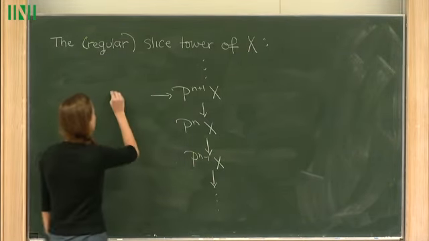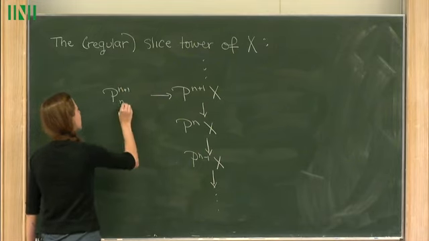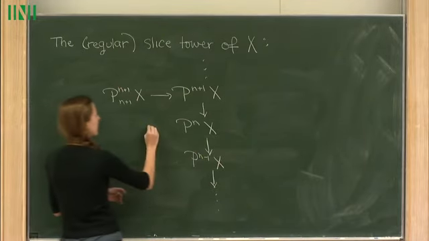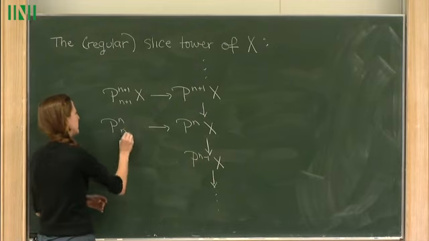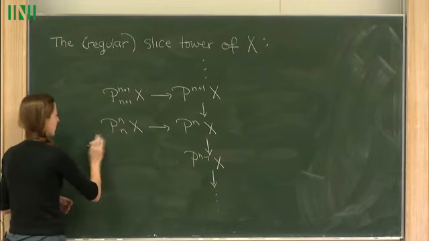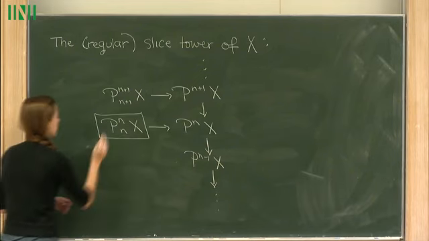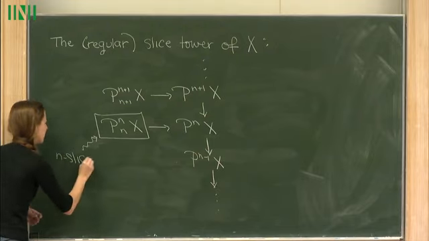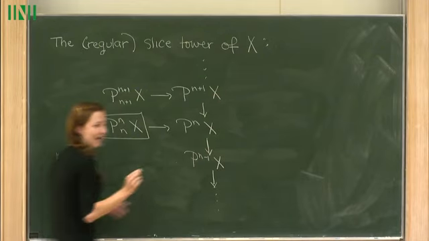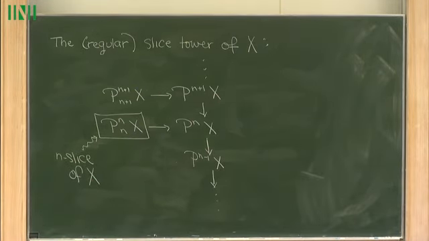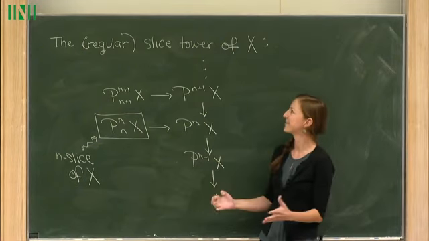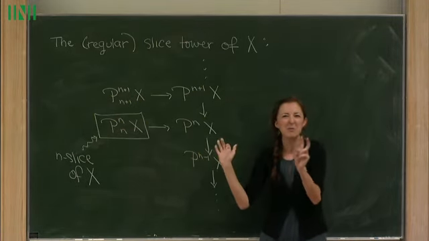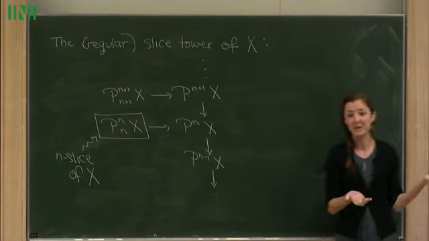So I might write the fiber at each stage using upper n and lower n, or upper n plus 1 and lower n plus 1. And this object is what we refer to as the n slice of X. Okay. So what you might think then, in some sense, equivariantly, is that these n slices are these homotopy building blocks of our G spectrum X.